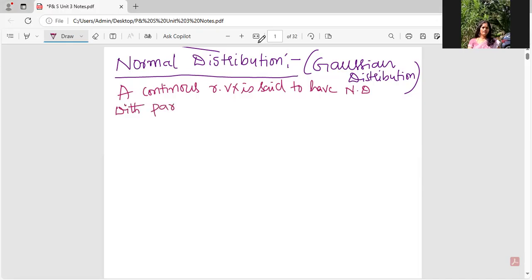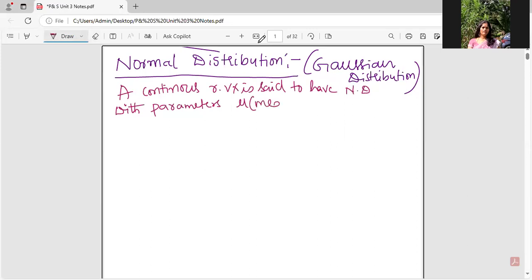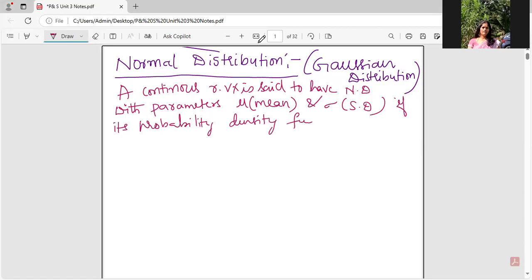What are the parameters of normal distribution? Mu and sigma. Mu is the mean, sigma is the standard deviation. If it's a probability density function or distribution function, probability is given by